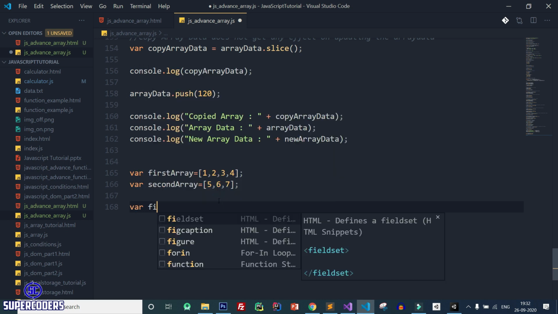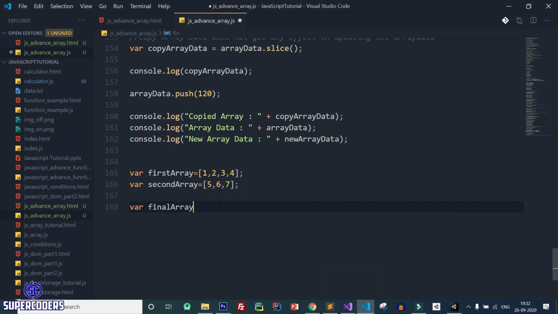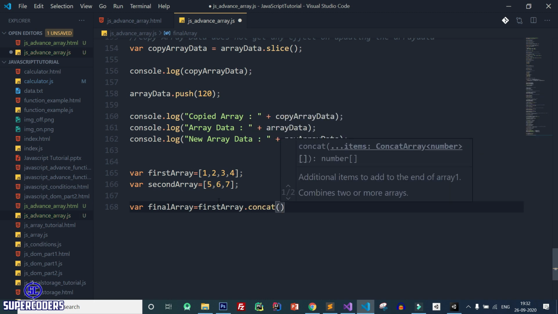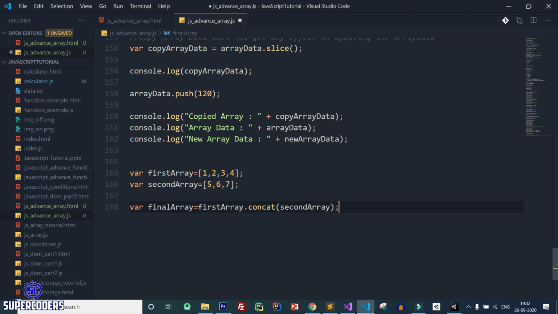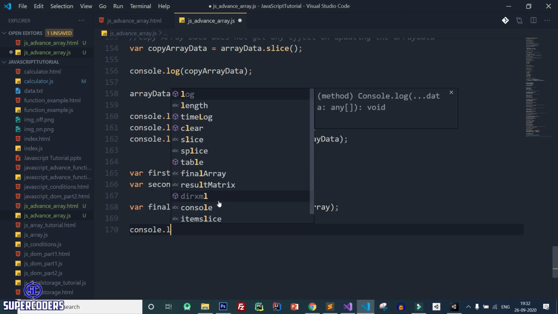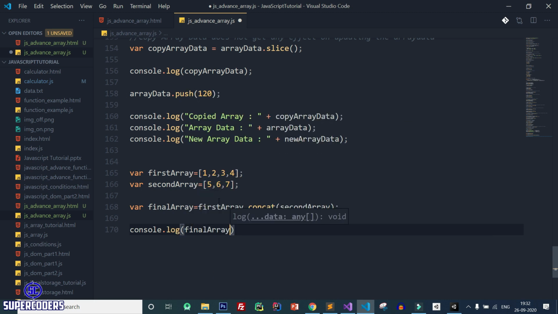So final array equal to first array dot concat, then pass this second array. Let's print console.log final array.